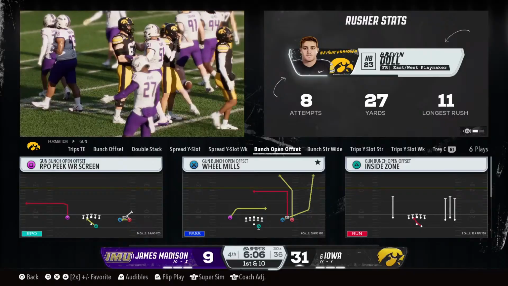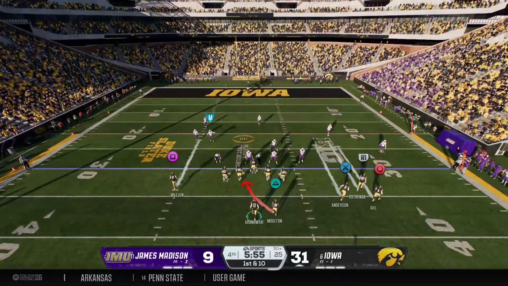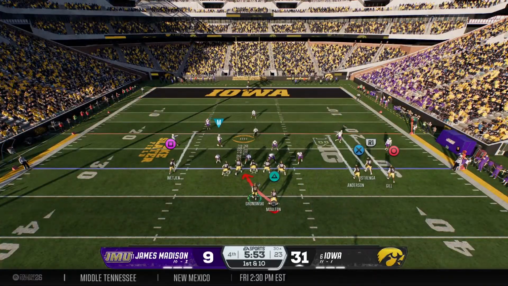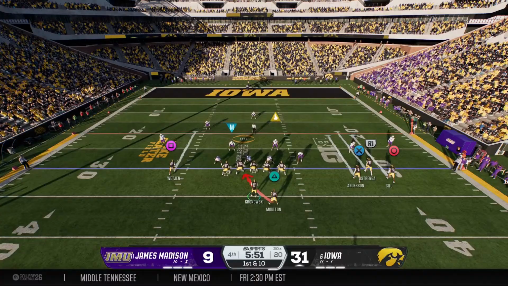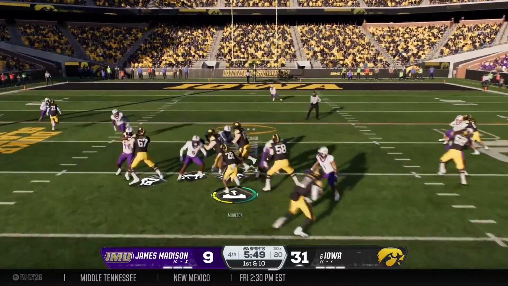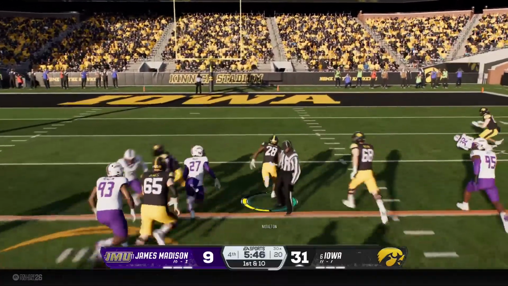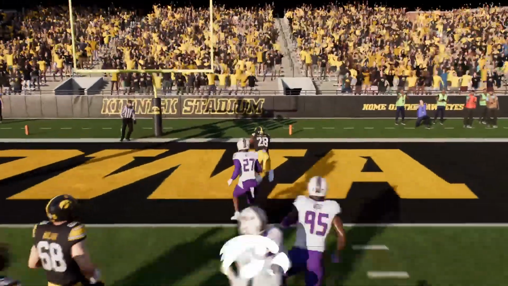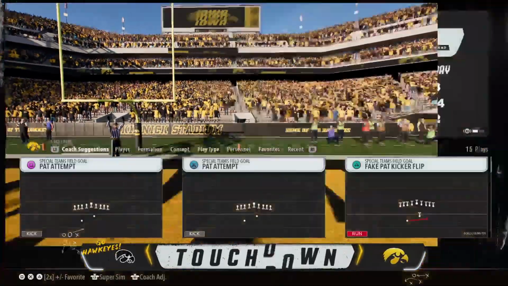Well, good push up front here in this back. I tell you, he's got some outstanding vision to be able to find those creases, to be able to get positive yards, and here he gets the 1st down. On the shotgun, it's a handoff. Picks up the 1st, looking for more. Refusing to be brought down.